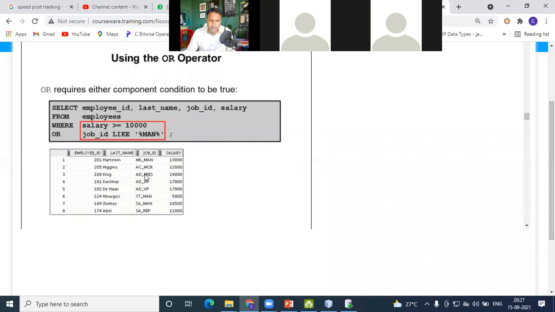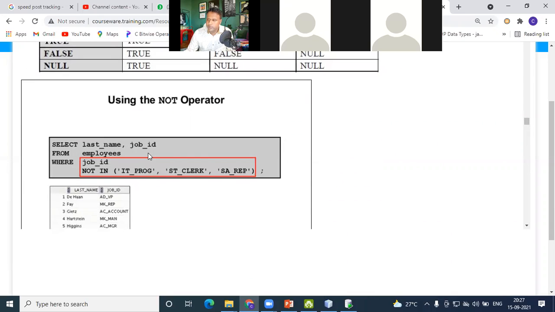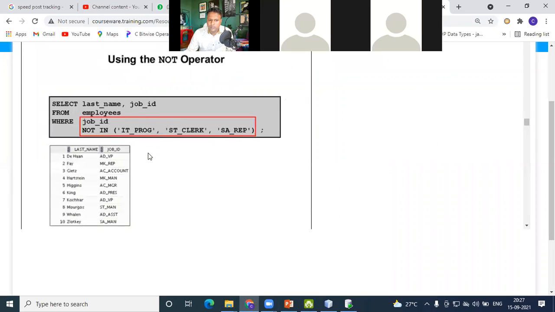Using the OR operator, if any one condition is true, it returns the true value. Then